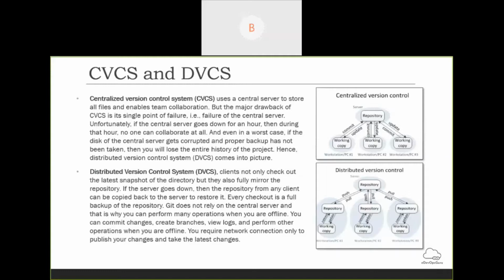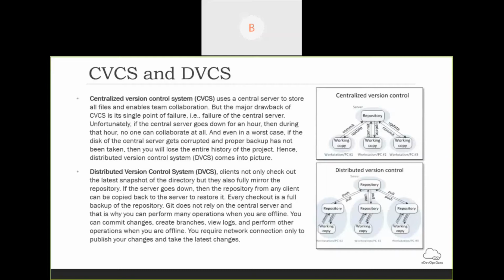So there are two stages where only online mode is required, that is push and pull. Push is from your local changes to the remote repository, and at that time you need internet connectivity. And to take the latest changes from the remote repository to the local repository, you need the pull mechanism. Except for that, everything can be done in offline mode. Developers or team members can work on their local machine, and after their work is done, only then do they push the code to the remote repository. So this is more value addition and more user friendly: the distributed version control system.